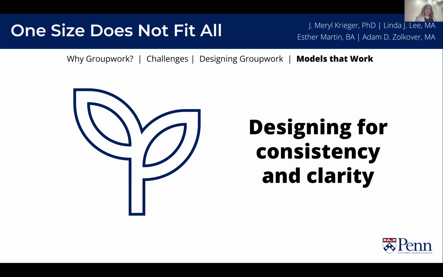I want to talk about a certificate program that we run in our undergraduate fully online degree program, which is our positive psychology certificate, which we give with the acronym APOP, which I won't get into the details of right now. But it's one of my favorite examples that demonstrates this process of creating clarity and consistency. And I think it builds really nicely on what Linda was just talking about.